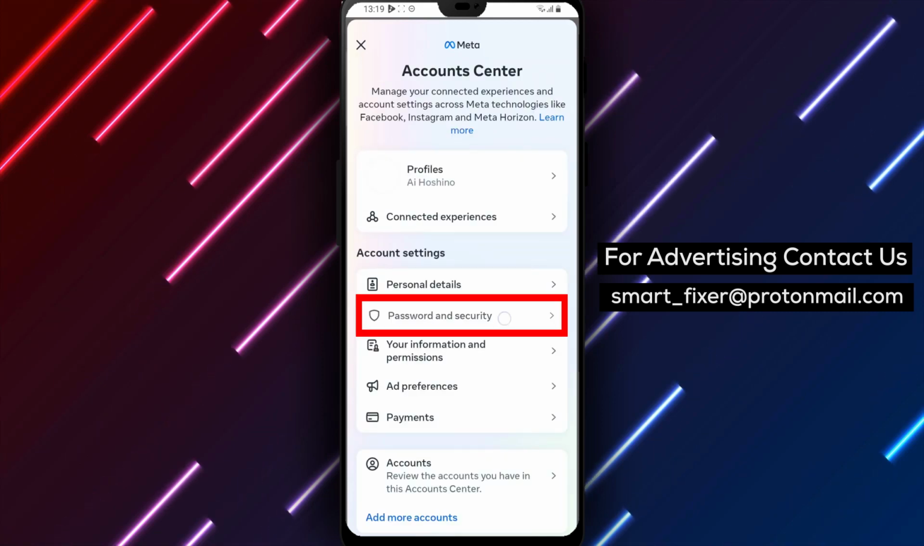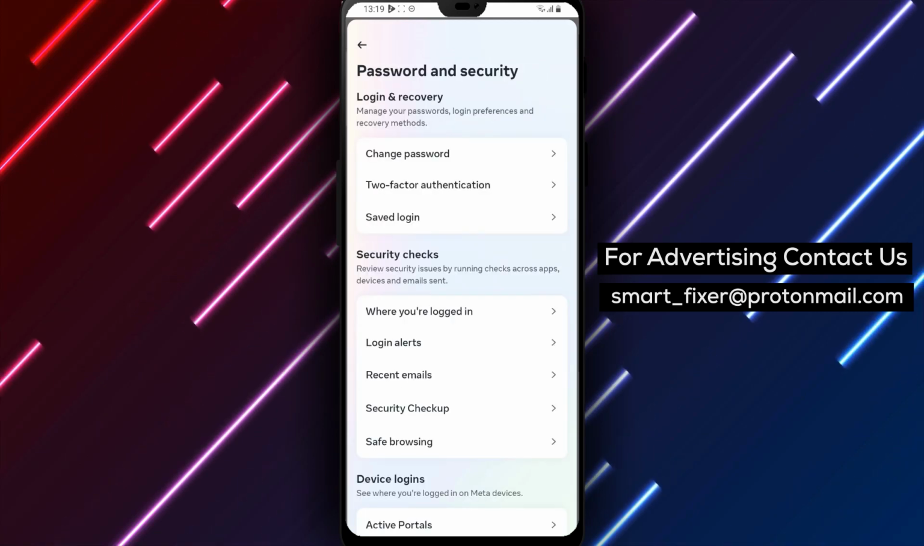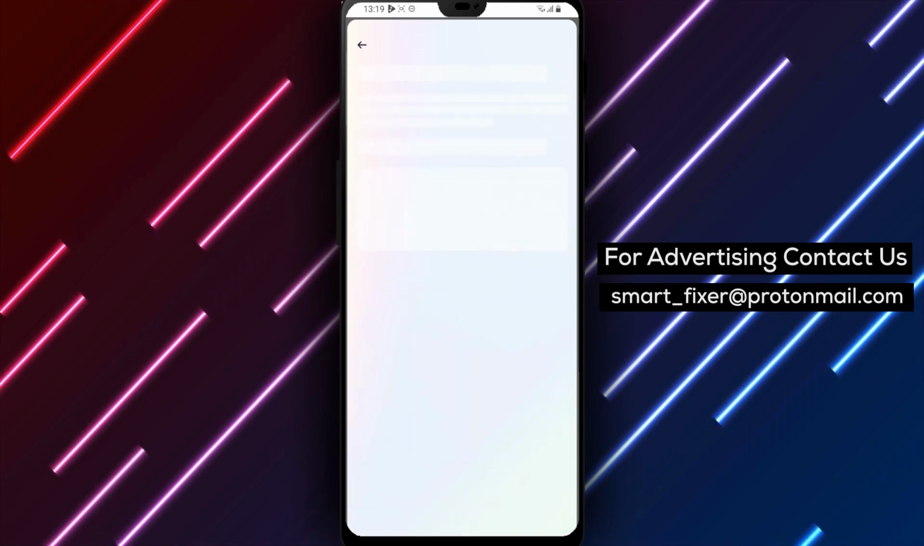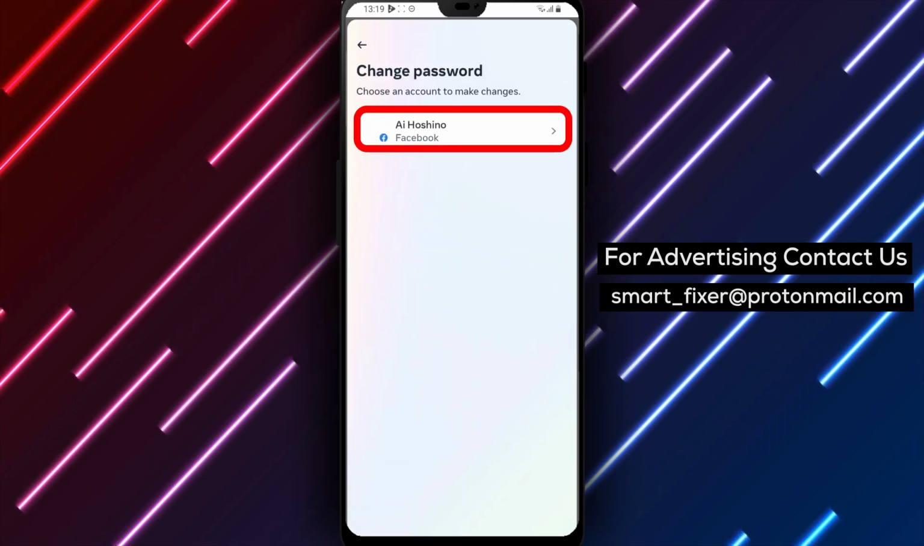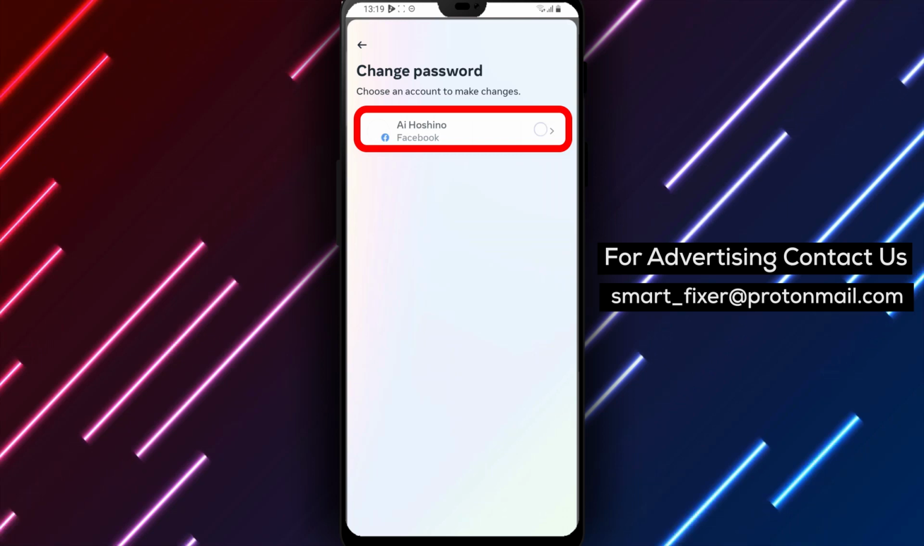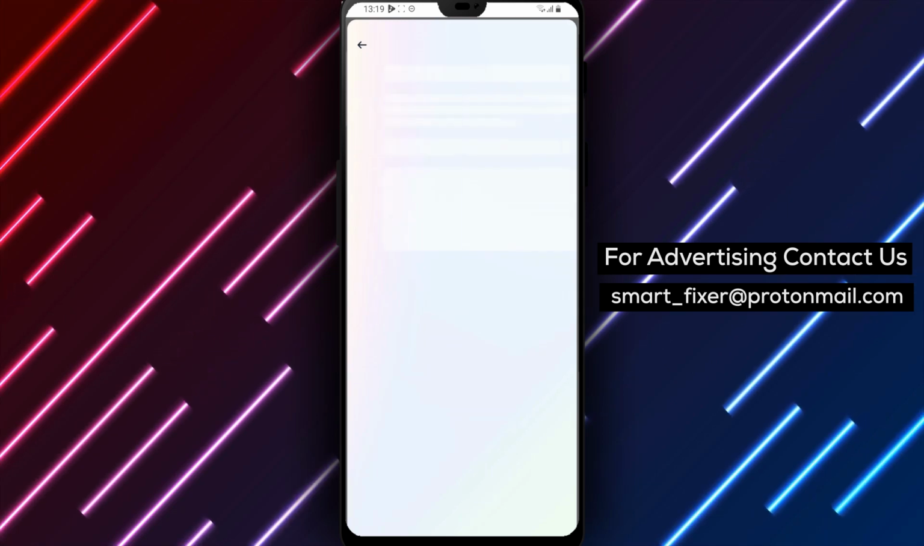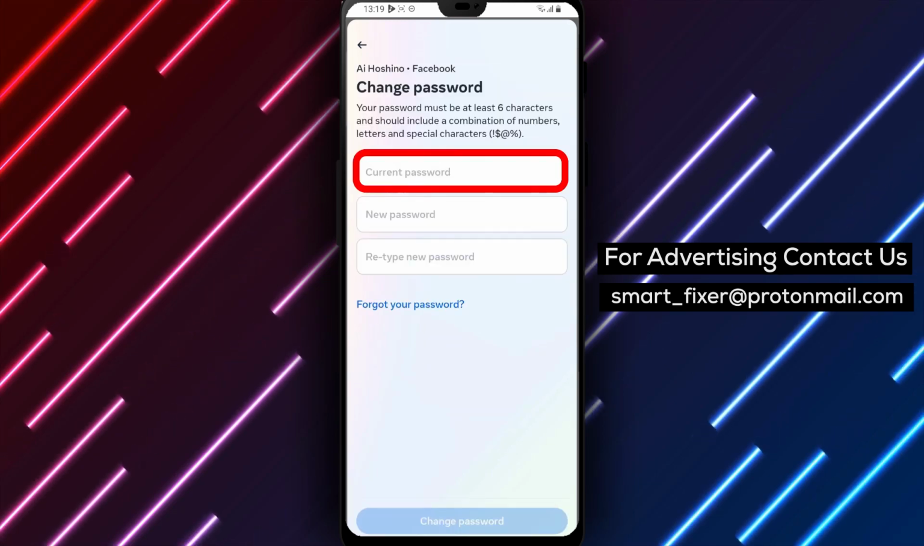Step 5. Once you're in the password and security settings, tap on Change Password. This will initiate the password change process. Step 6. You'll now see a list of accounts. Tap on the account that you want to change the password for, ensuring that Facebook is selected as the desired